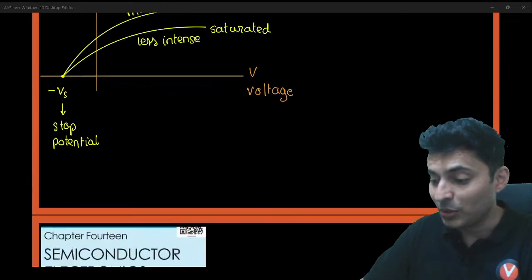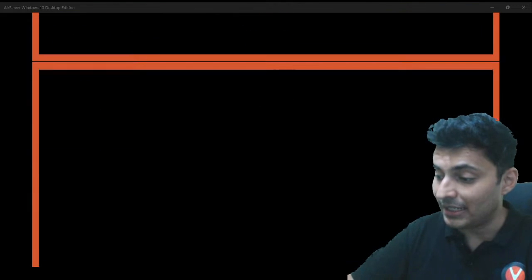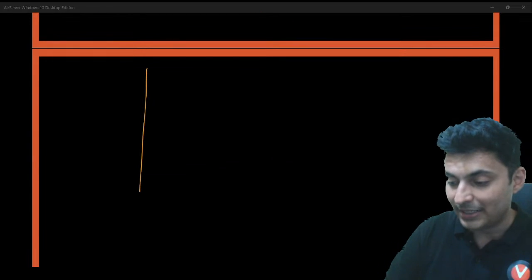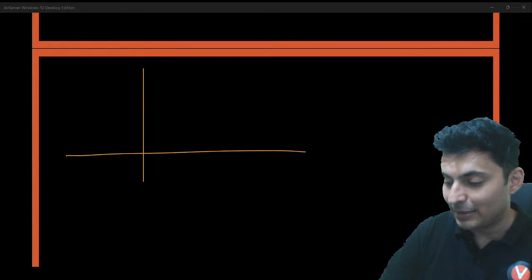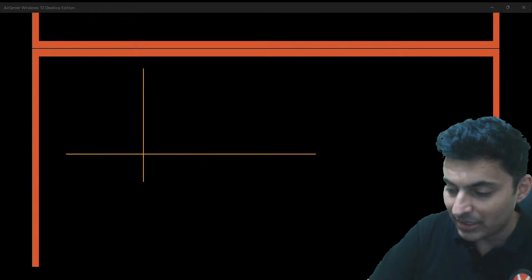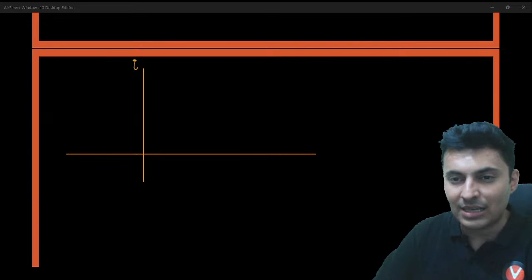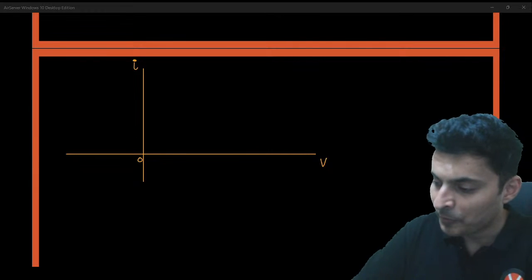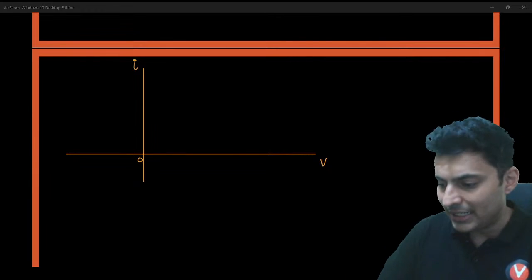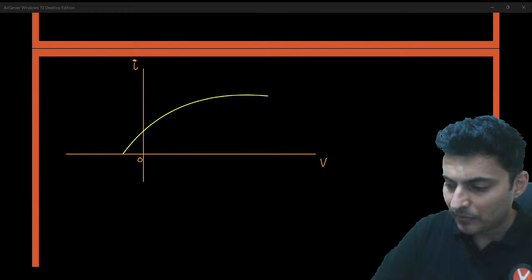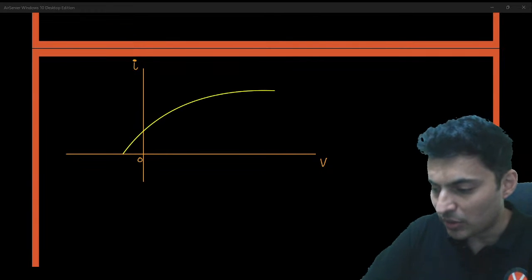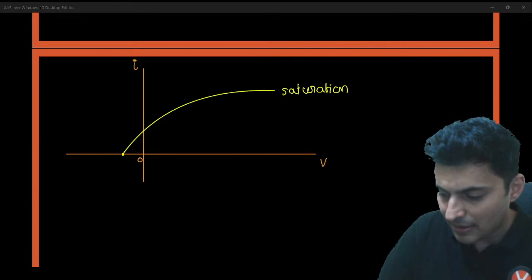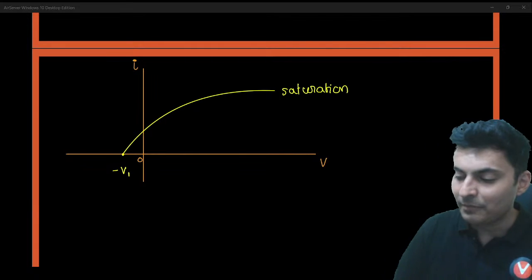Okay. But this graph, they have also drawn in NCERT in a slightly different manner, but for different frequencies of light, because the stopping potential actually depends on the frequency of the light as well. So this is how it looks. This is the voltage versus current graph. This is O. For the same intensity of light, let's say the light reaches this saturation over here. Let's say this is minus stopping potential 1.